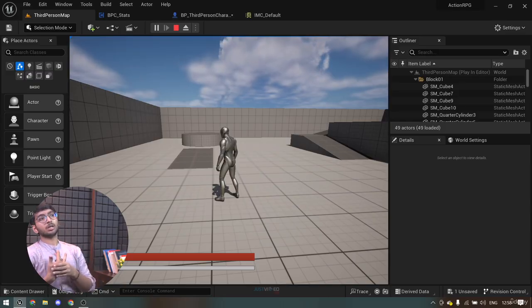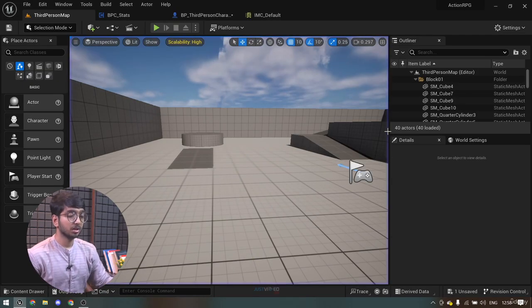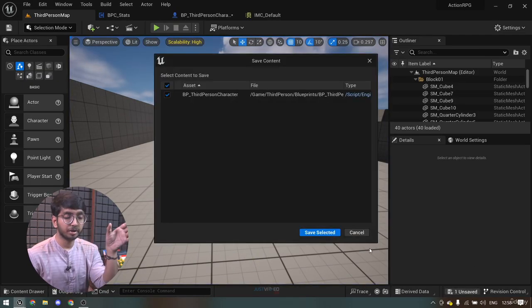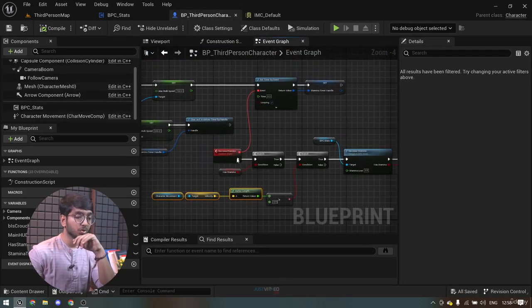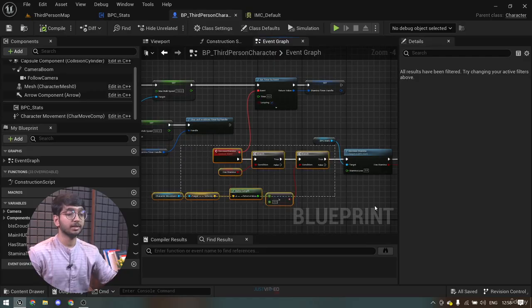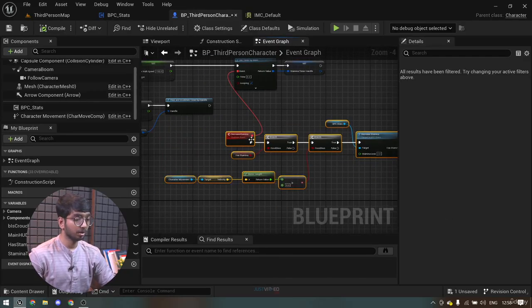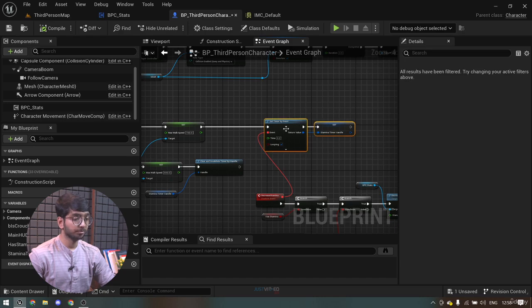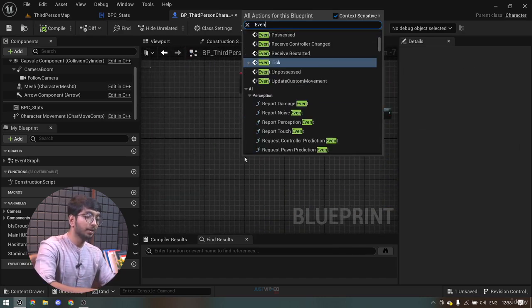Now where should we increase the stamina? We are going to use event tick here. I'll suggest using the event tick only for critical conditions where you cannot use anything else. Only then should you use the event tick, because that takes a load on your computer and also makes your code a little bit less optimized. So for the beginner only, I will use the event tick,